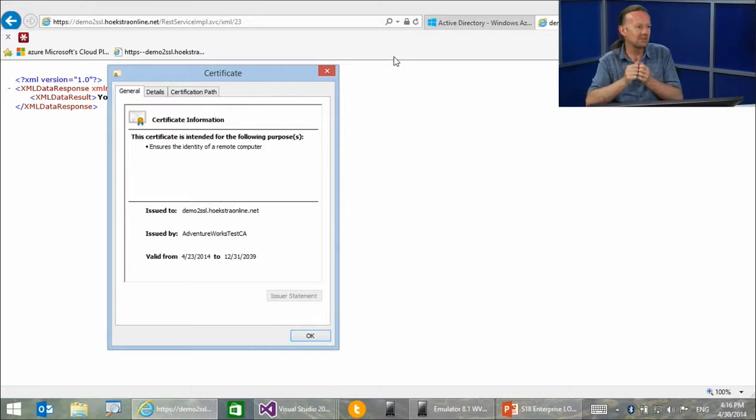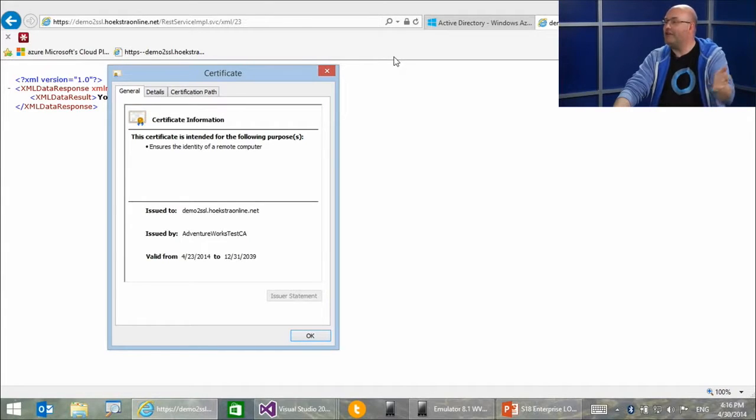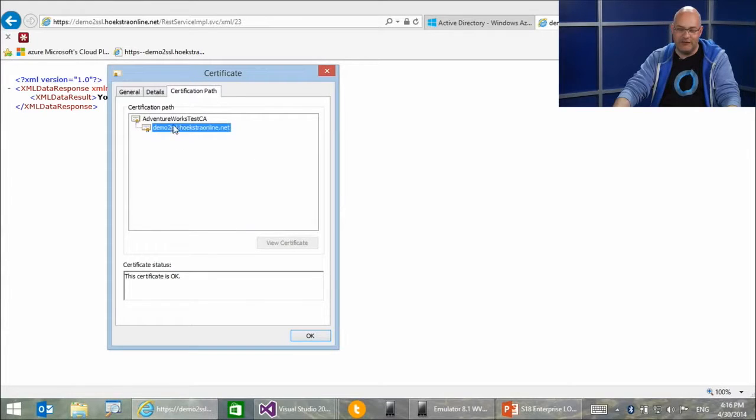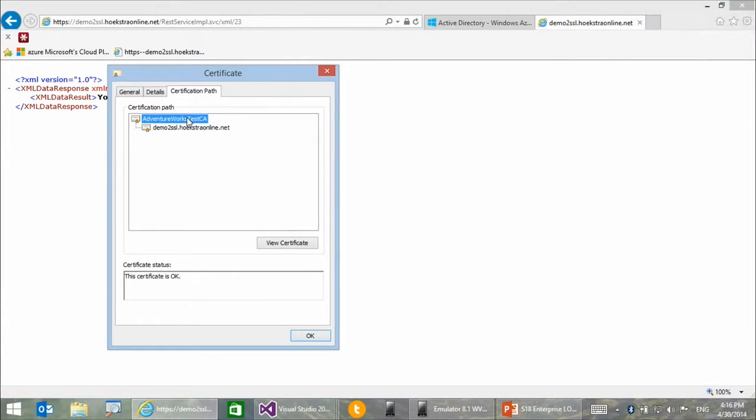So this is now extending that to mutual authentication, where not only the server presents a certificate, which the client checks, but now the server's saying, hey, I need one from you too. So the client has to send a valid certificate back. Exactly. So I'm now proving that it works in regular Internet Explorer on my desktop, and I have the certificates installed in a store, and the certificate is my self-signed certificate. The reason why I'm showing that is because on my desktop, I trusted this